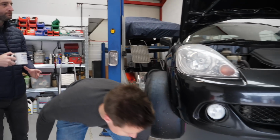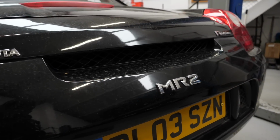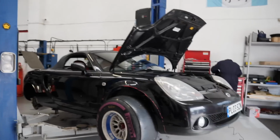The thing is, you can always cut more off. Yeah, exactly. You can't put it back on quite so easy. Wise words. We were feeling bad for taking the MR2's retirement away early, but Scott had another way to put it. It would have gone to someone who would have just used it normally. Oh. It would die eventually. This is a fitting possible end to this car's life. Yeah, it's an exciting retirement. Rather than just going on a cruise ship, it's decided to take a load of